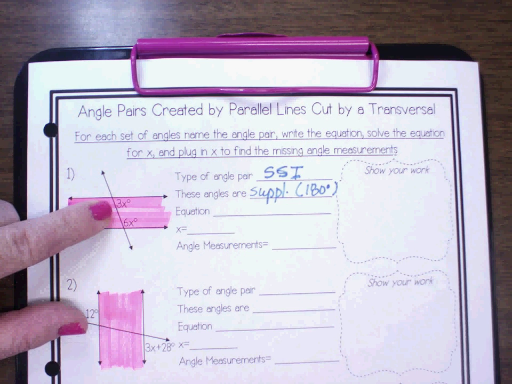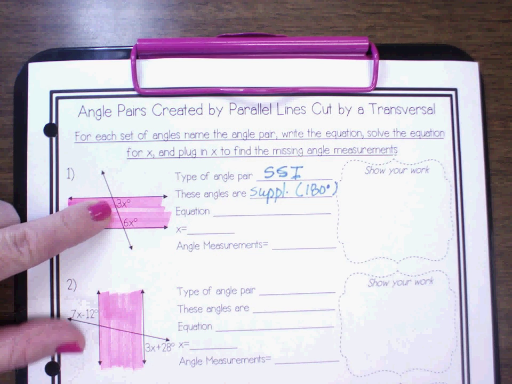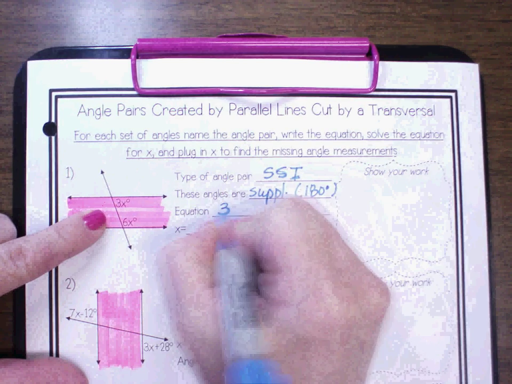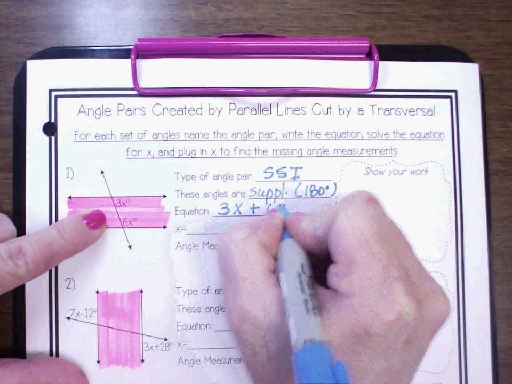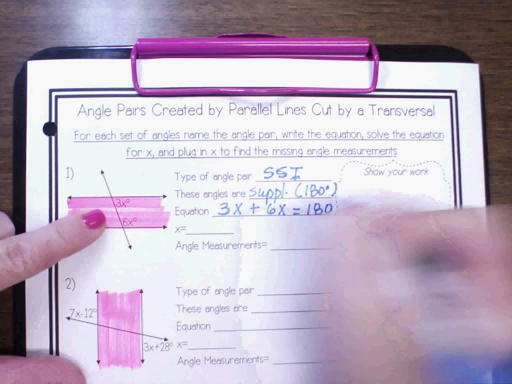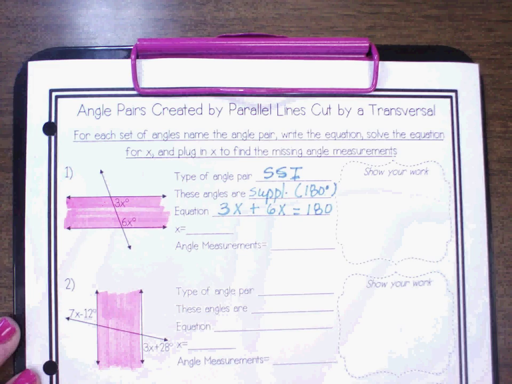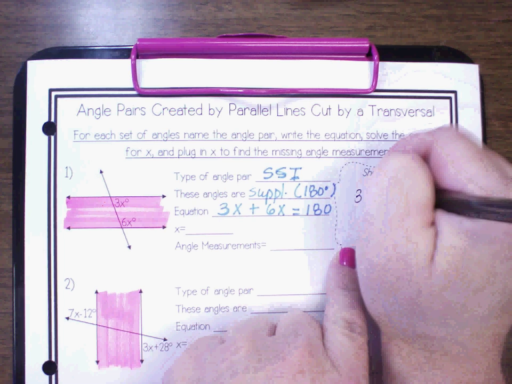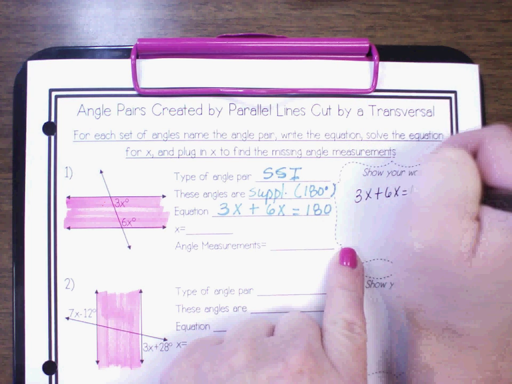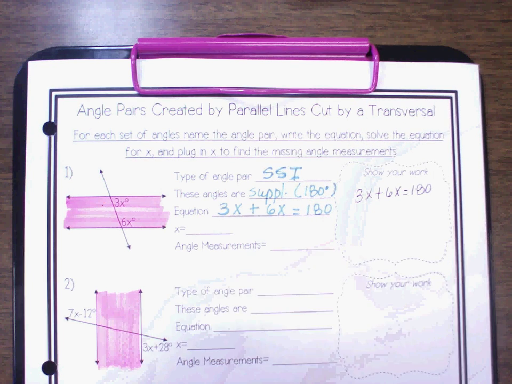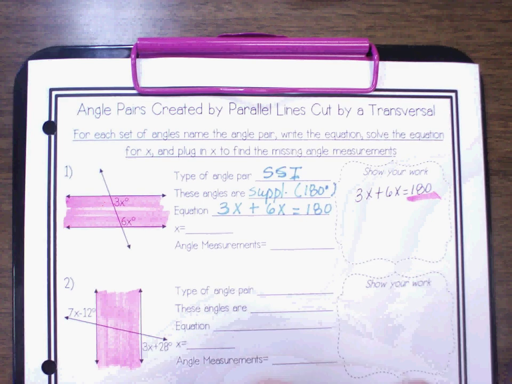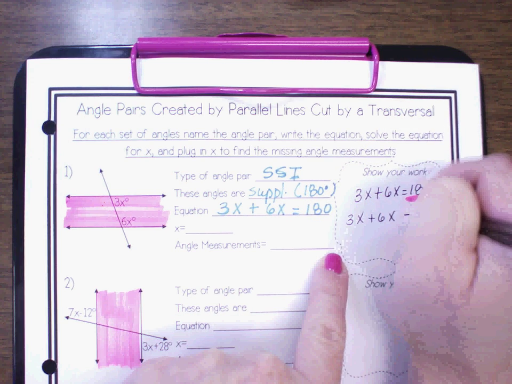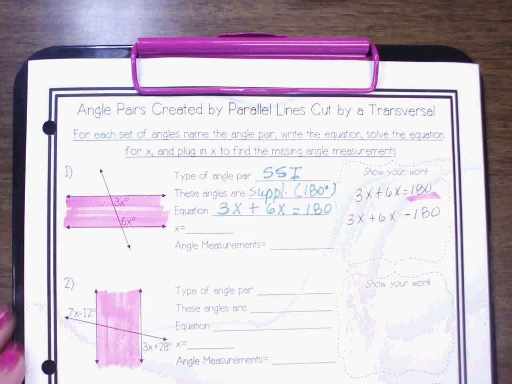All right. So what kind of angles are they? They add up to 180, which means they're what? No, not congruent. They're supplementary. Very good. That means they add up to 180. All right. So if they add up to 180, then what's my equation? Thank you, Alondra. 3x plus 6x equals